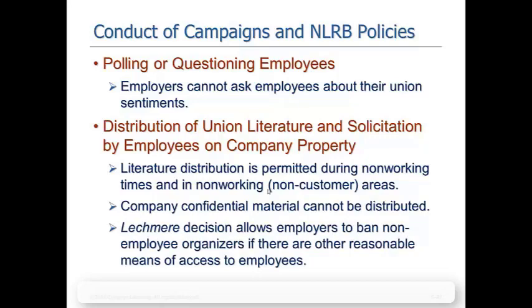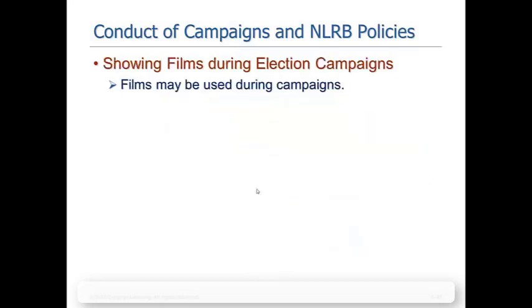The NLRB has made a decision that employers can ban non-employee organizers if there are other reasonable means to access employees. So films can be used during election campaigns, and I think I've given some examples of such films up